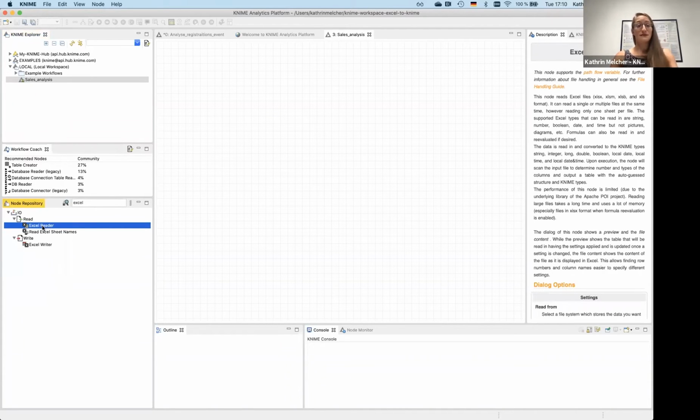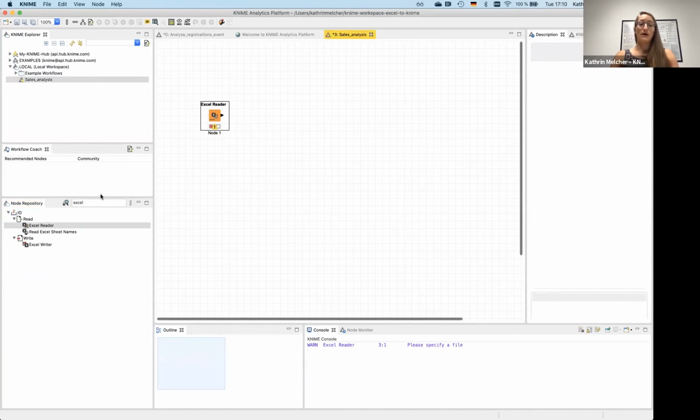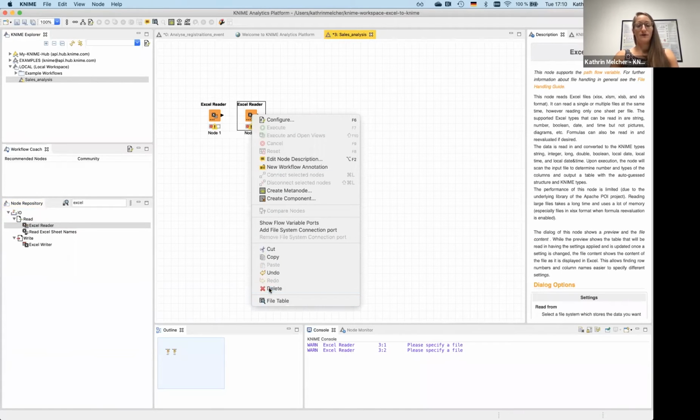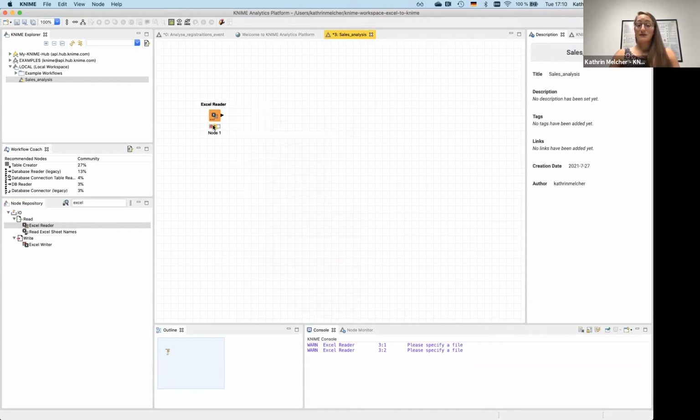There I have two options. One option is that I just create an Excel Reader node via drag and drop. And the other option is that I just double click on the Excel Reader node in the node repository. I will delete now one of them. As we can see at the moment, the traffic light is red. This means this node needs some configuration because we need to define which Excel file we actually want to read